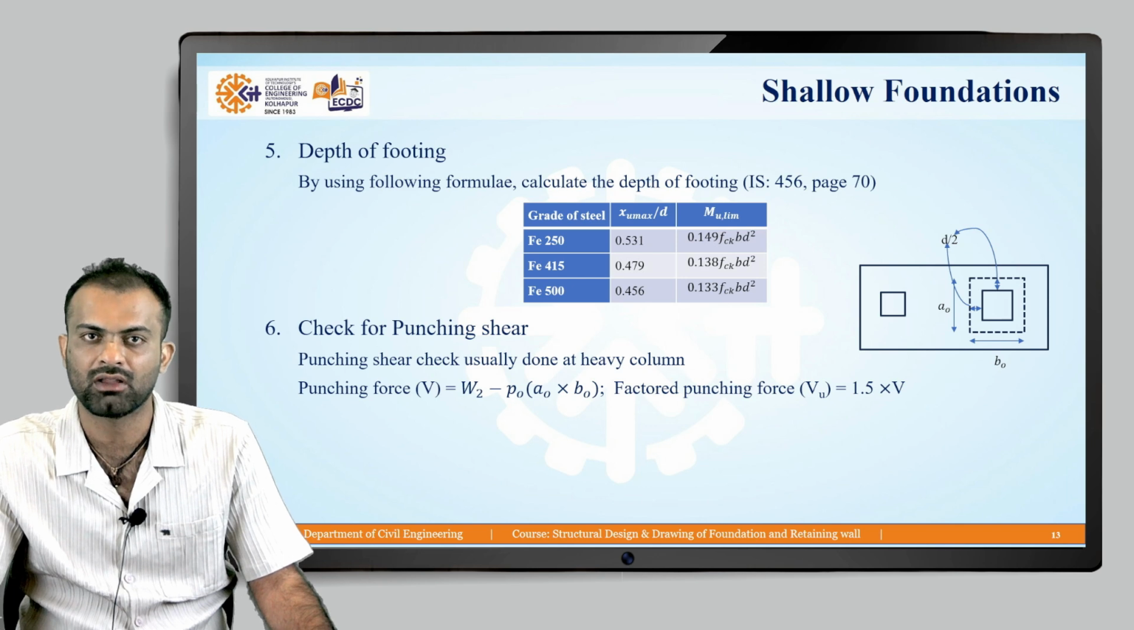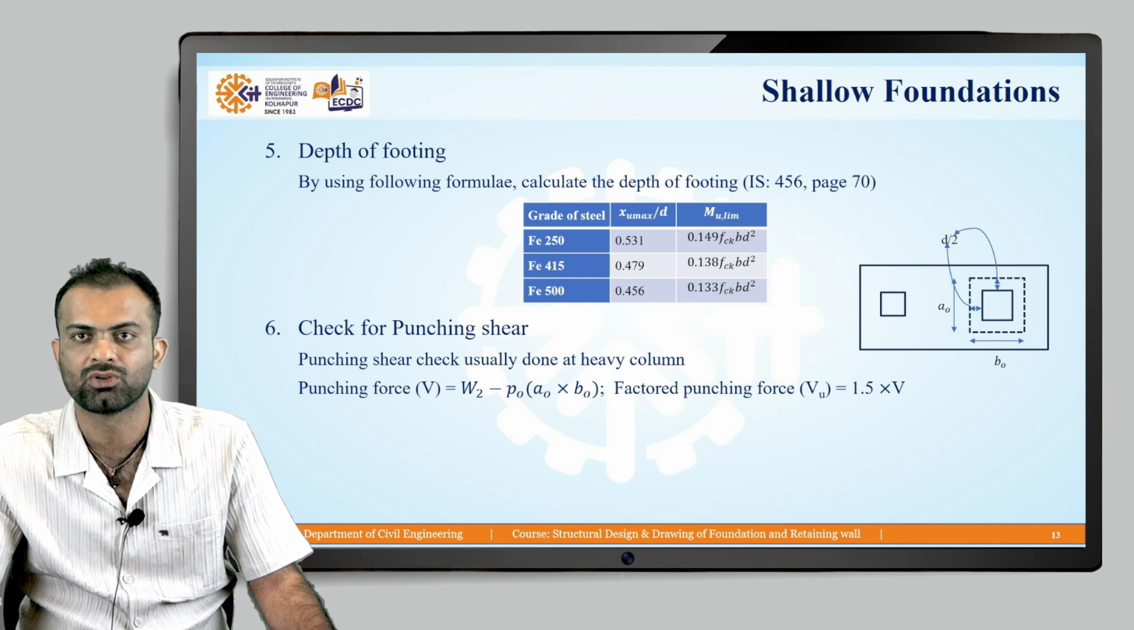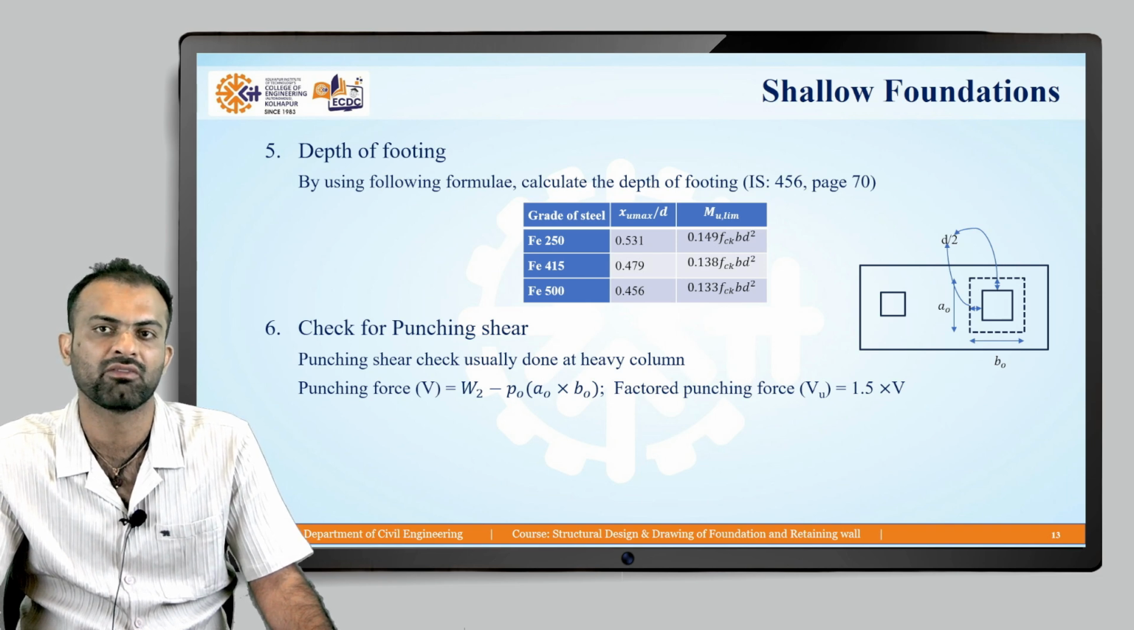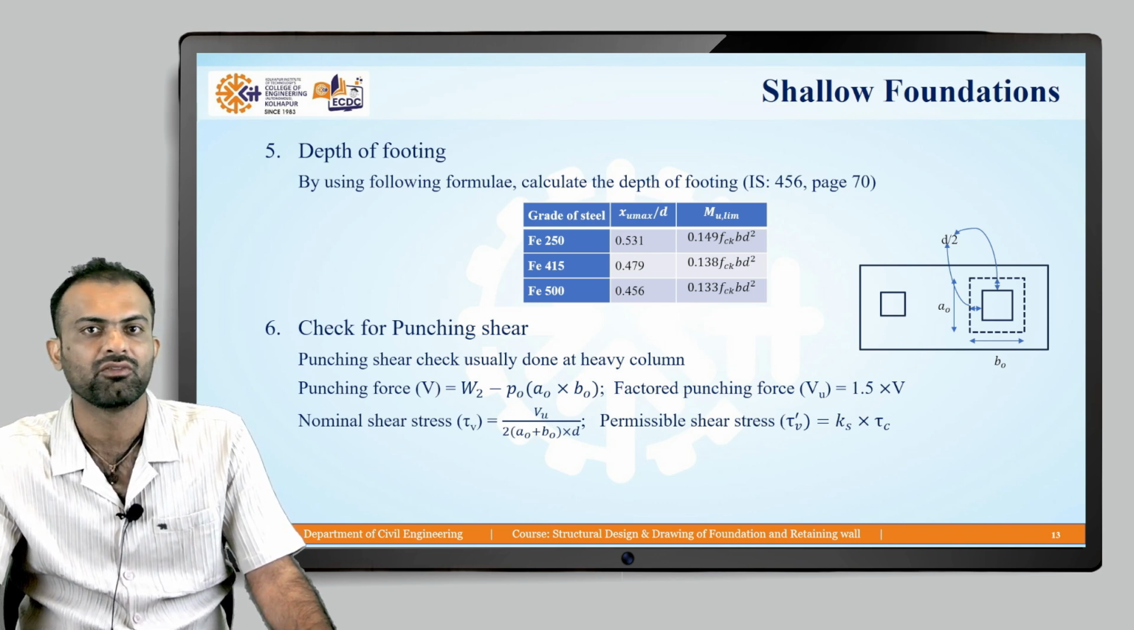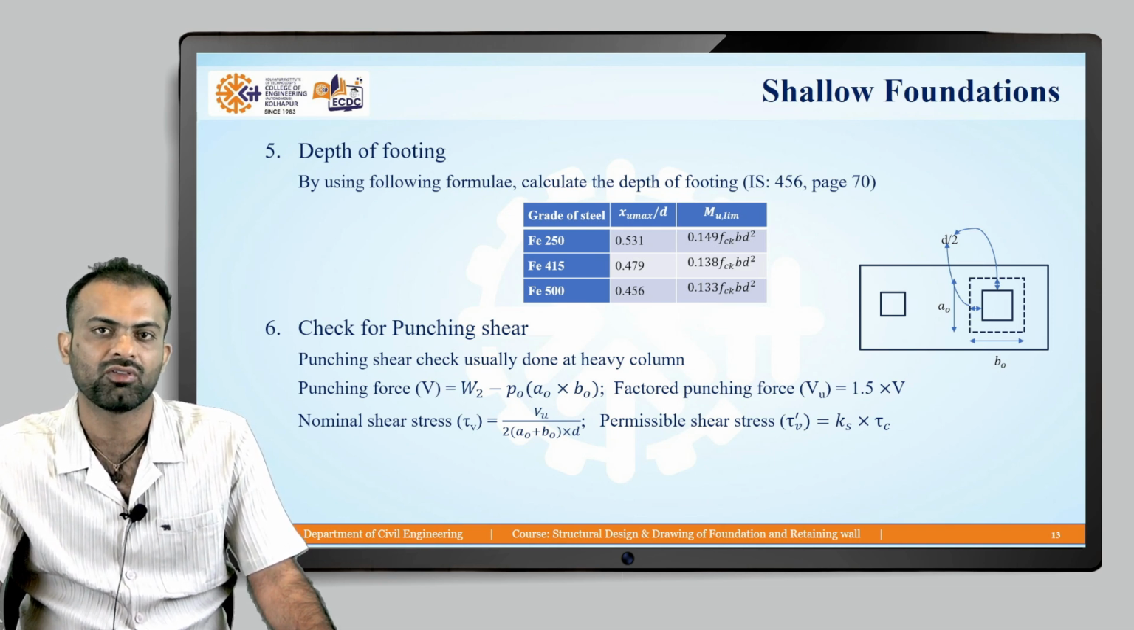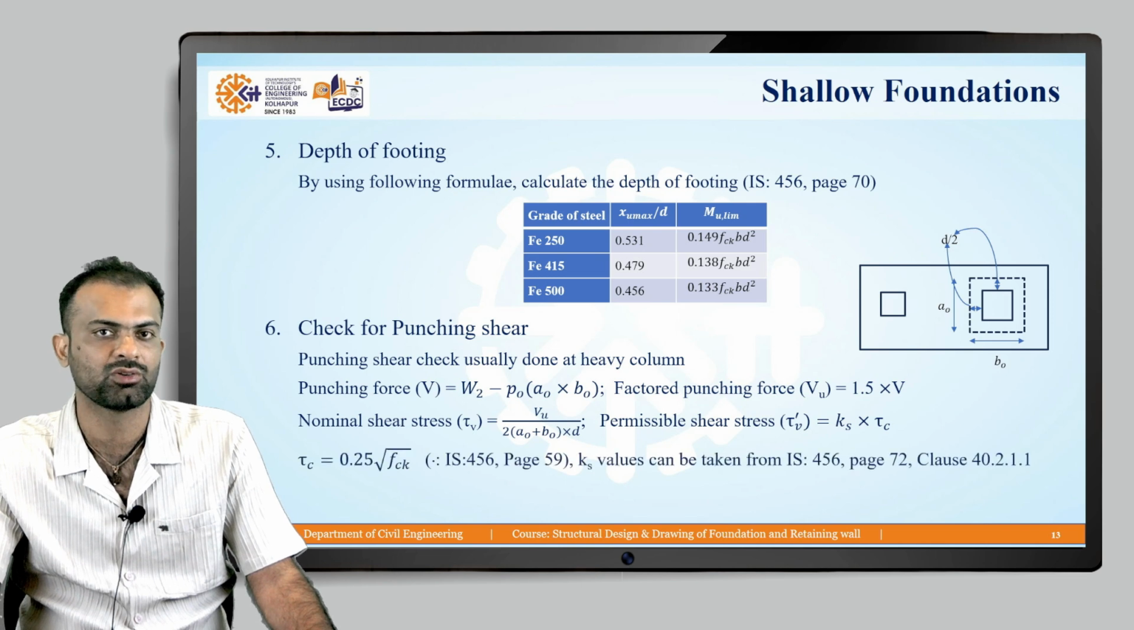We have to convert that into kilonewtons, so we multiply with the area. This is the area which is crucial for punching shear, so we are going to use that area, a0 into b0. Then we factor the punching shear by multiplying with 1.5. Using the factored punching force, we calculate the tau v value. Tau v would be V0 divided by the perimeter into the depth of the foundation. After calculating tau v, we need to calculate the permissible punching shear stress, that is tau c dash, equal to Ks into tau c. Tau c will be taken as 0.5 into root fck as per IS 456, and the Ks value